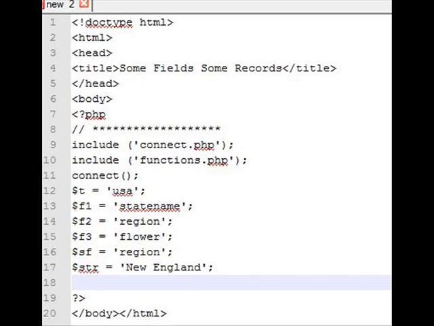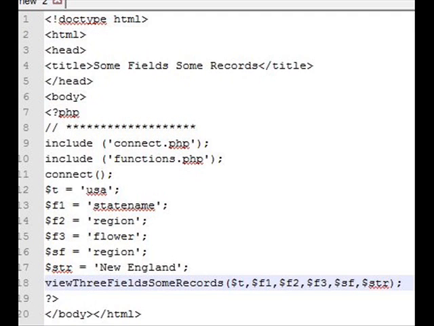Now, I have my search field being region and my STR being New England. And what we, of course, know is that then that's going to say where region like New England. So it's going to actually be an exact match to New England, we know that. And all I have to do is call that function, view three fields, some records, and in parentheses I have my